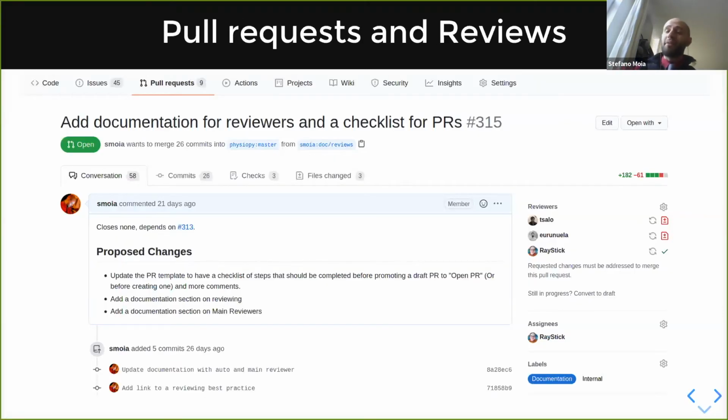Now, I said that pull requests are a process. They're not a step. Why? Because they might take a little bit of time. You might see, this is GitHub, by the way. This is a pull request page in GitHub. This is a pull request that I opened toward Feast2Beats, one of the projects we were working on.